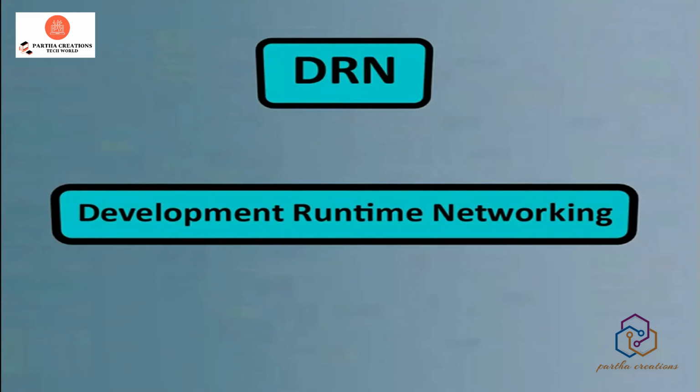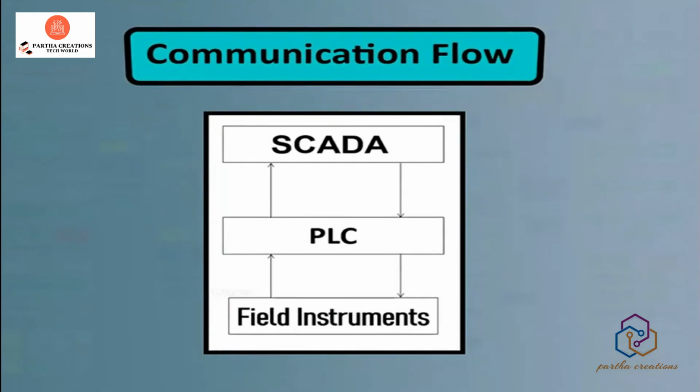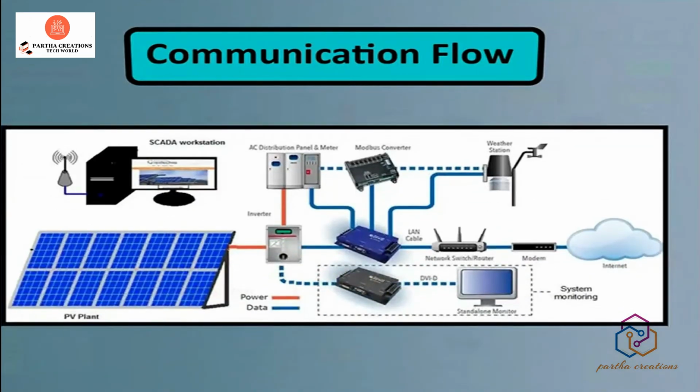The SCADA that we will be looking at is DRN, where we will be able to do development, networking and also runtime about how an application is made. Now, the communication flow or data flow of a plant is shown here. Firstly, all the instruments of the plants are known as field instruments. What are the things included in the field instruments? It includes sensors that are measuring and controlling the PV, which stands for process variable. These sensors are installed in the field